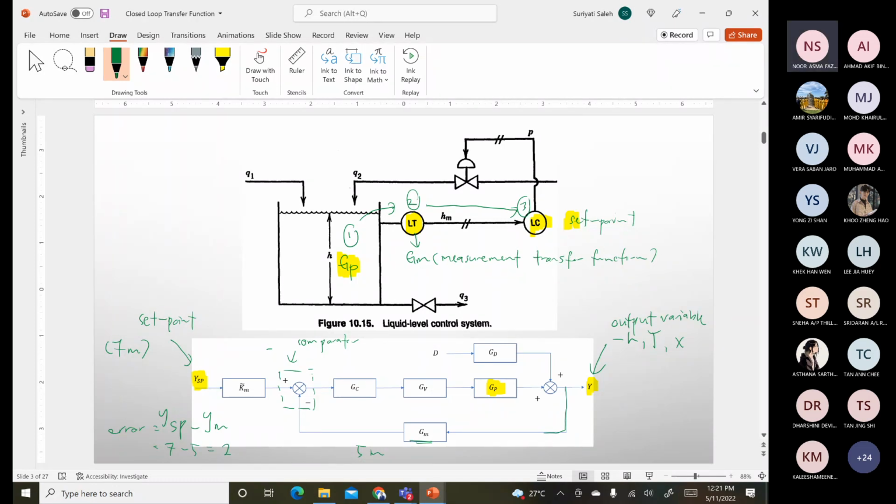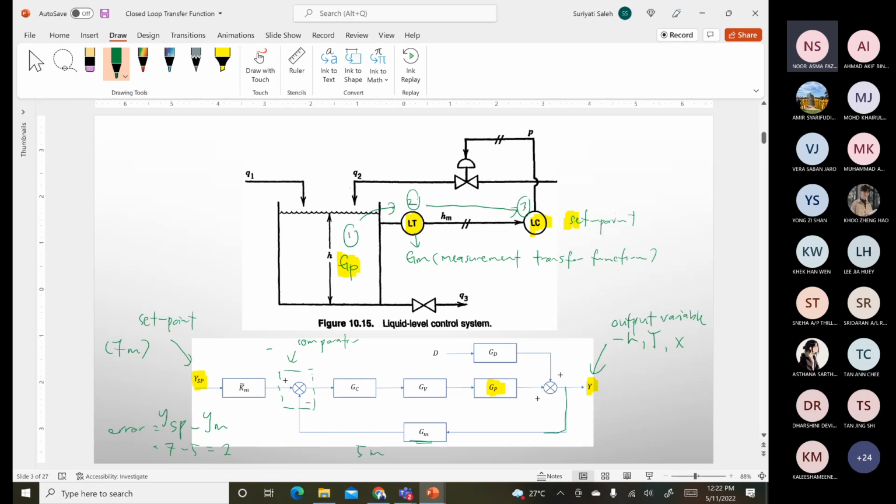Positive error indicates that the current value is below your target value. If you have a negative error, it's exceeding your set point value. So the error here can be positive, can be negative. Positive means the value is below what is required. Negative error indicates that the value is exceeding your target value. So once it has compared the value between the set point and the measurement, then the controller will